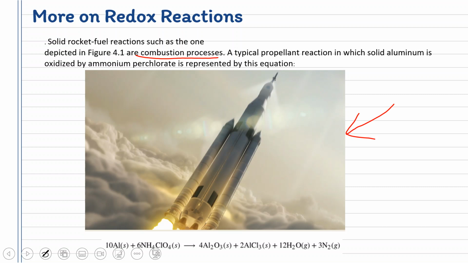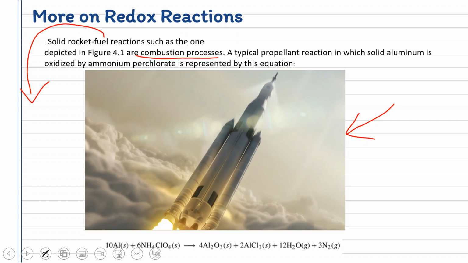Now, solid rocket fuel reaction. Most of these rockets, for the rockets to be launched, we need a lot of energy to be generated. Now, the energy to be generated needs a lot of heat, needs a lot of burning of fuels. Most of these fuels are made based on the understanding of redox reactions, specifically combustion, right? So some of these fuels are made from solids, and these solids are just applying the concept of